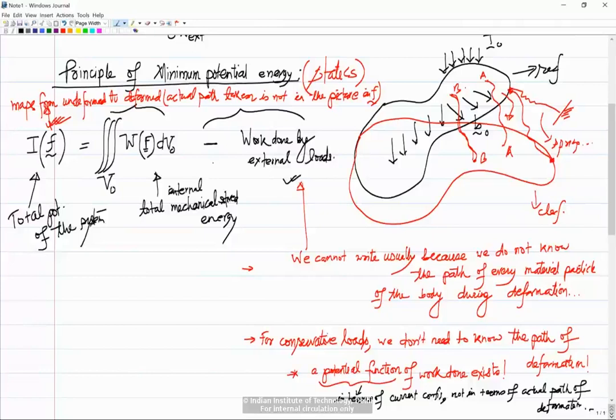So you have to also have this extra term, which is minus the work done by external load. And what is this extra term? This is exactly the potential of the